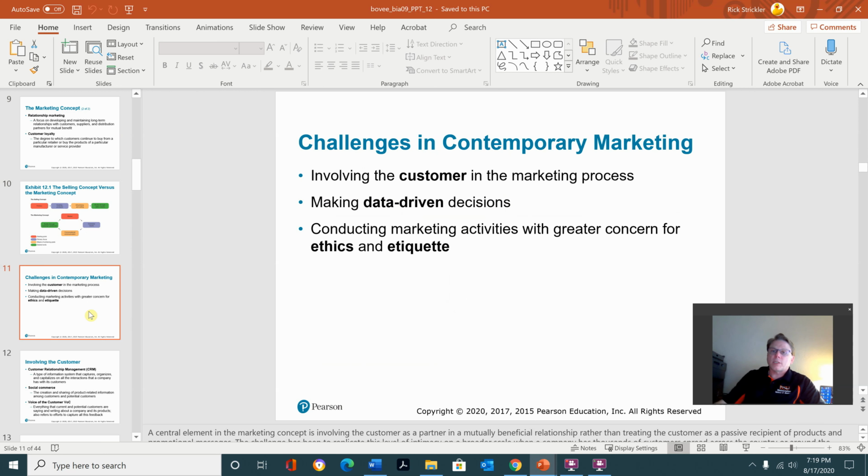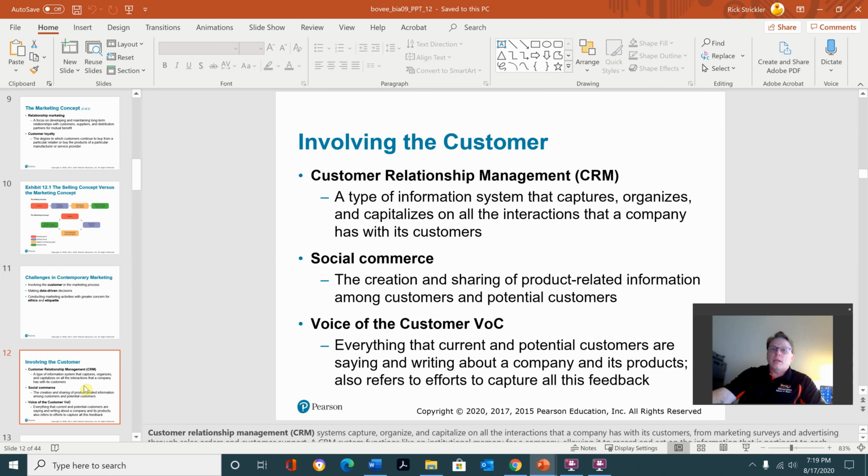Challenges in contemporary marketing involve the customer in the marketing process, making marketing data-driven decisions, and conducting marketing activities with greater concern for ethics and etiquette. Okay, so involving customers: customer relationship management is a type of information system that captures, organizes, and capitalizes on interactions that a company has with its customers. Okay, so this system